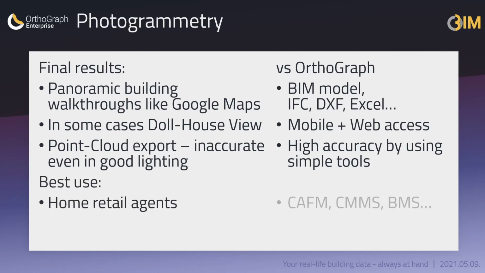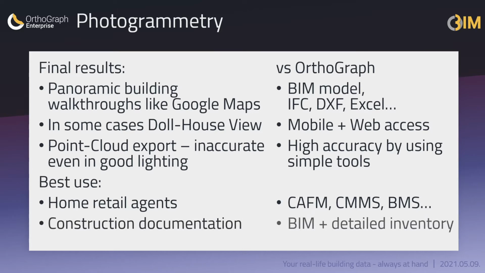The best use of photogrammetry solutions is home retail agencies. They have an unbeatable advantage in the way of presenting homes and family houses to their new owners. If you use them during construction, then they can become a low-cost solution for photo documenting building parts before covering and hiding them. This can also become a great value later in facility management. The Orthograph BIM can contain the same documentation besides the many additional content like surfaces or RFID-based asset inventory.